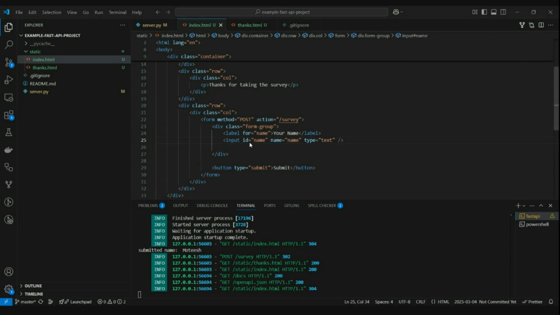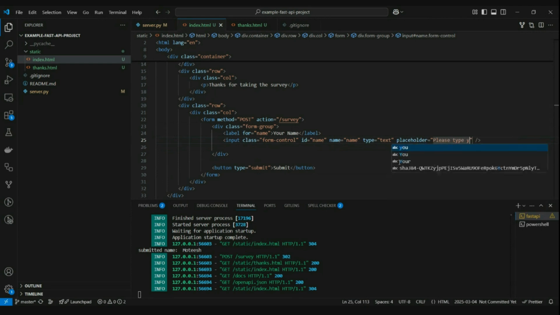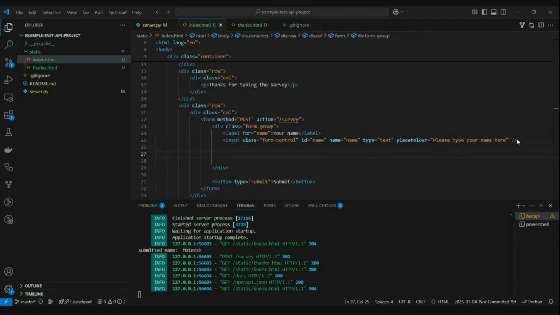Simply speaking, I will add some more elements to it. Form control as a class, some specific styling, and I'll have placeholder as example, type your name, and then some more elements I will add. Label for